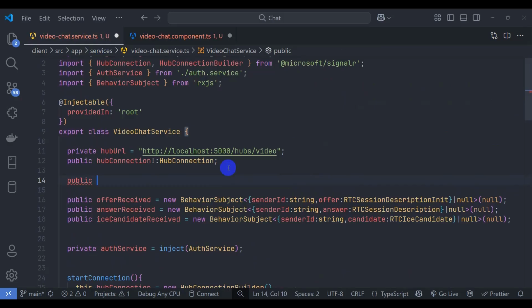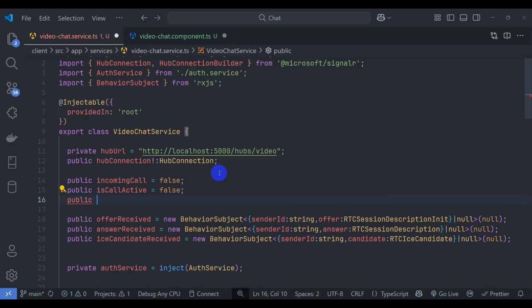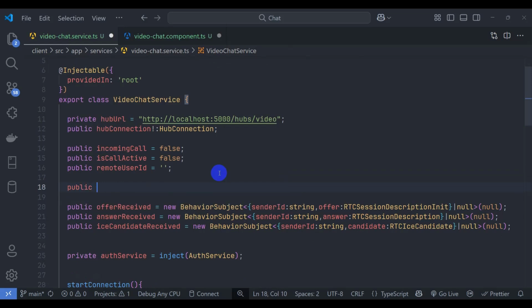public incomingCall false, and let's declare another variable here callActive false, and public remoteUserId, and initialize empty string variable. public pairConnection of type RTCPeerConnection,